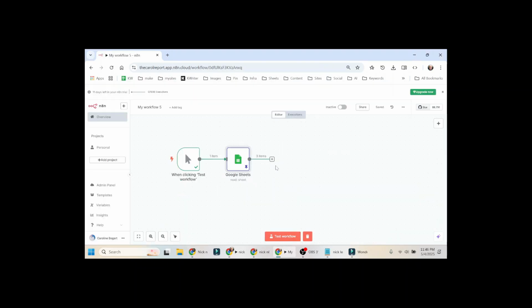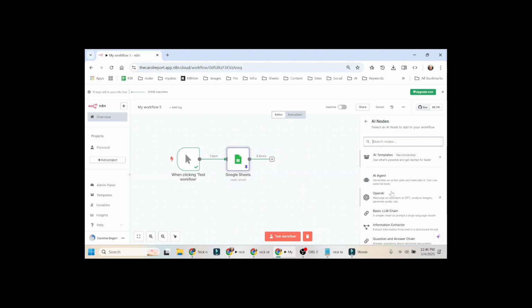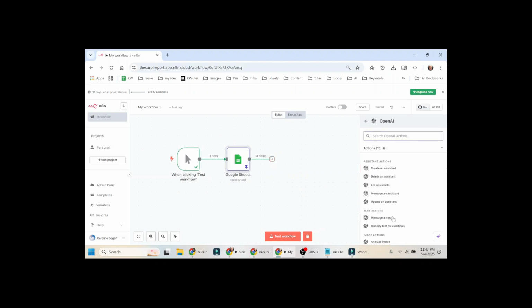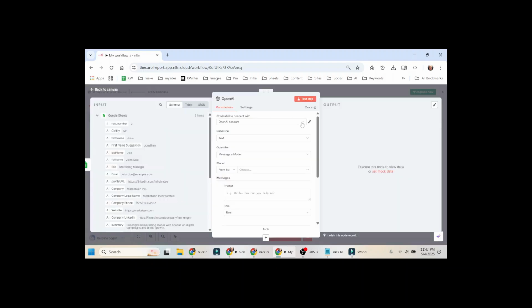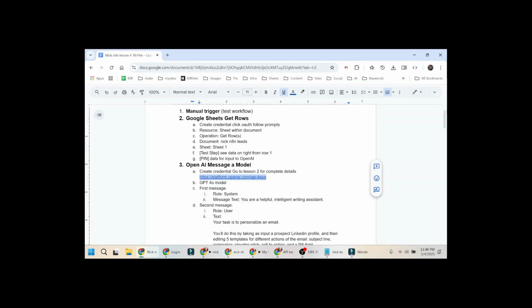Go to the right of the Google Sheets document, click on the plus sign, go to AI, click OpenAI, and click Message a Model. To create a credential with your OpenAI account, click on the Create New Credential, and then you'll go to the link that is in the description for OpenAI. You'll go to